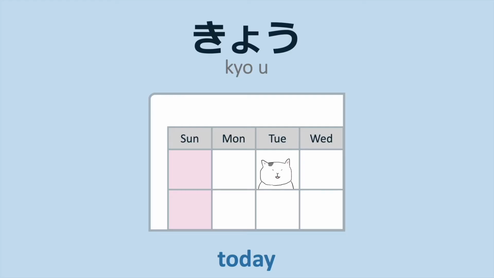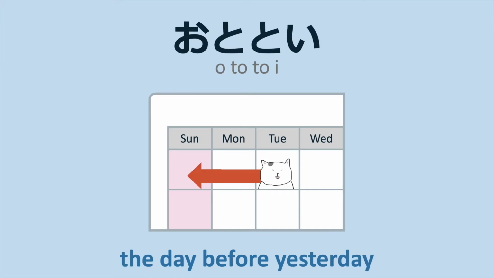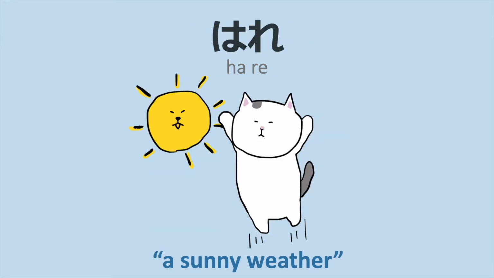For this lesson, we'll look at the vocabulary first. 今日, today. 昨日, yesterday. おととい, the day before yesterday. 晴れ